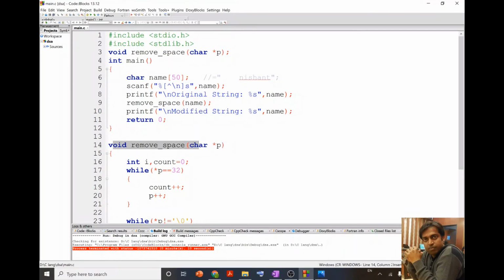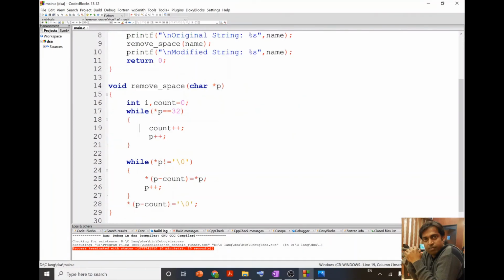Then in the function definition, first I count the spaces, and after the count I shift the characters so that leading spaces may be removed, and then at the end I shift the null character also. Now if I run this program,